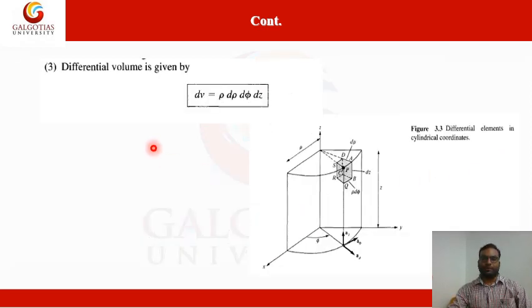So what is the differential volume of cylindrical? As we have discussed earlier, we have taken all the parameters of all the things included in the figure, because volume is meter cube, centimeter cube, a cube of the whole thing. So dv is equal to rho d rho d phi dz. Rho is there just because of the d phi.